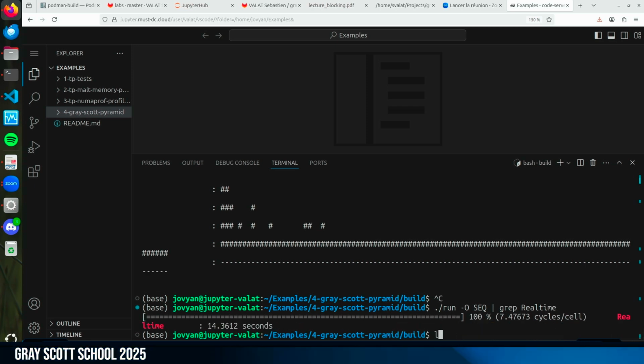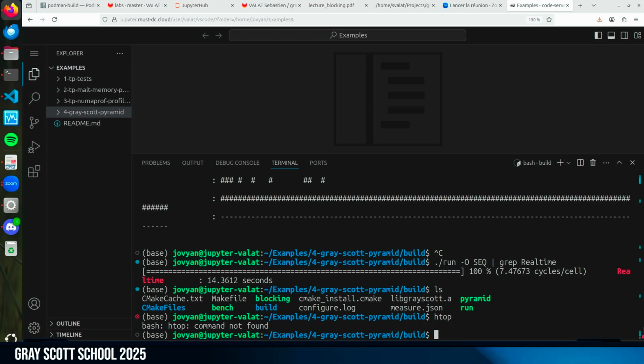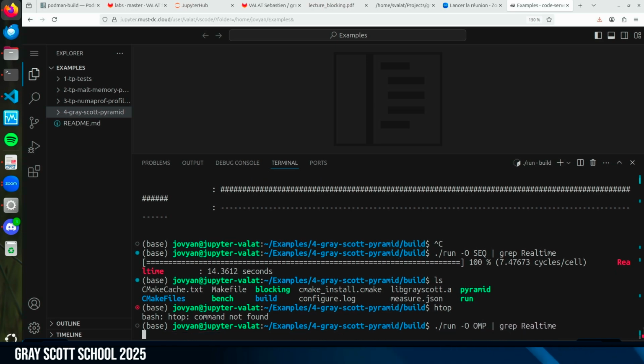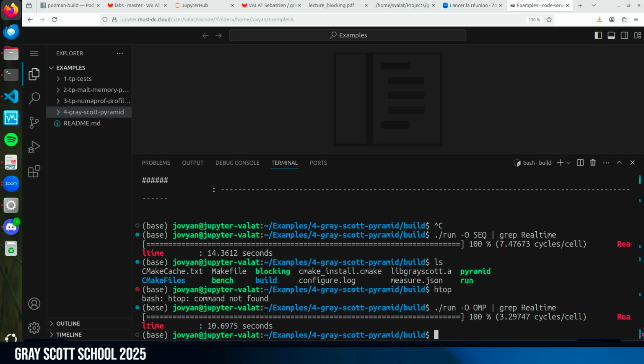There is someone running on the same machine. Anyway, we will see it's OpenMP. So before we were running at roughly 7 cycles per cell. Here I'm now averaging between 2 and 4. It's not stable. 10 seconds. I win a bit, but not too much. I'm in parallel.